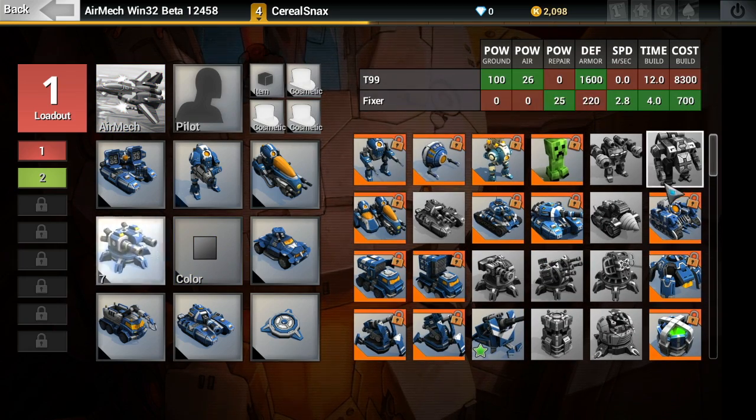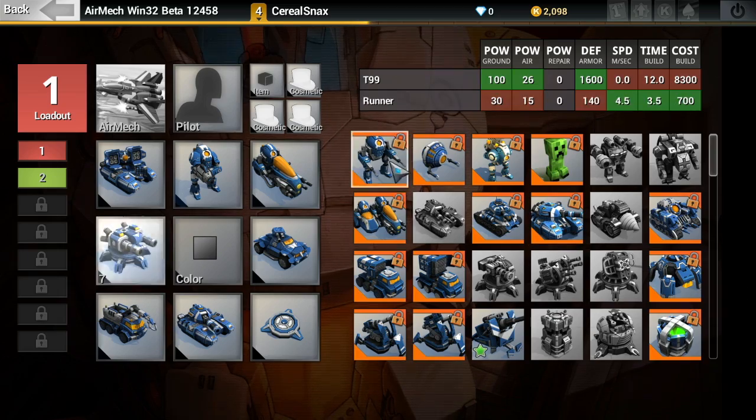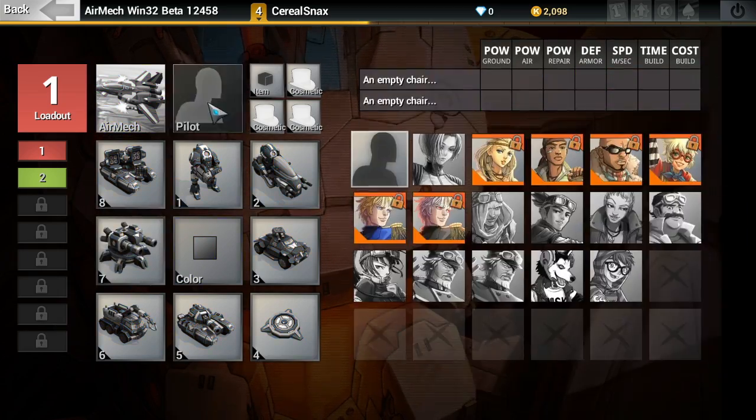You can actually choose a different turret. I don't have any unlocked, unfortunately, but you can do that. But the basic turret is really pretty good. The other thing I like is this pilot option, and right now I can't choose a pilot because I'm not high enough level. But some of the ones that they unlock are really neat,